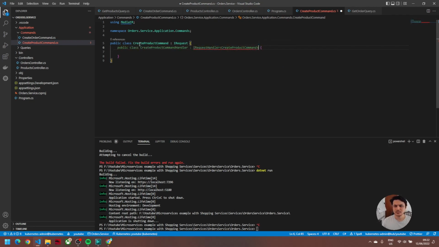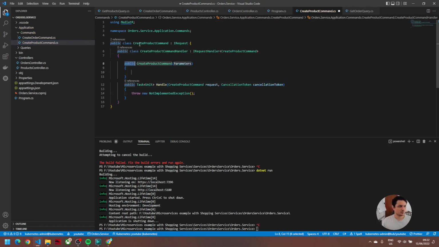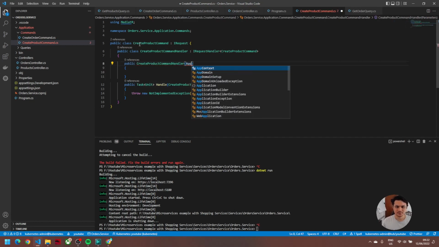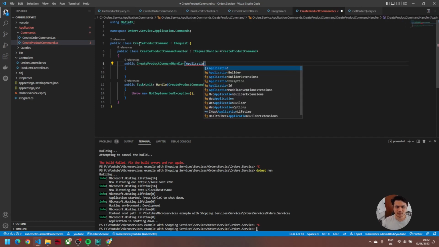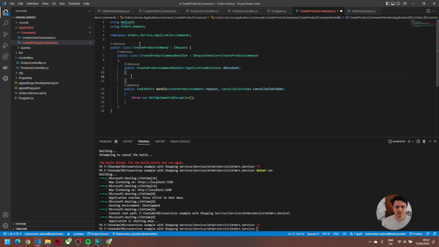Here I don't really need to return the integer of the product, the ID, because I'm going to just call it from the Swagger. And here I have the ApplicationDbContext, and here comes